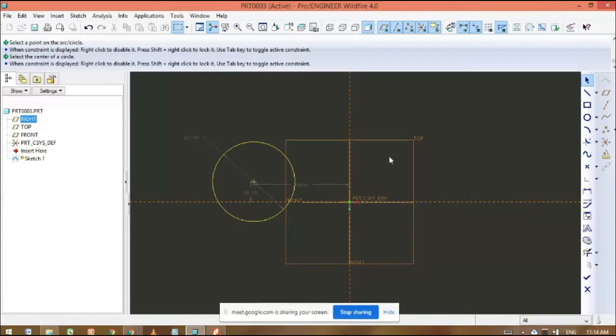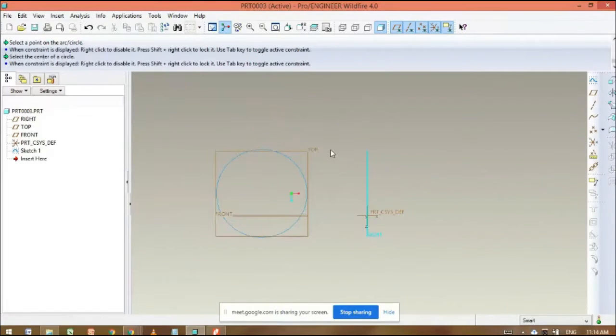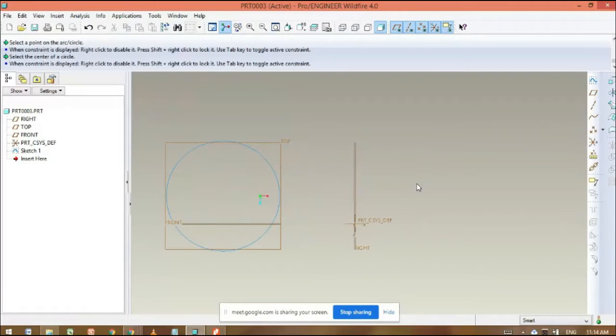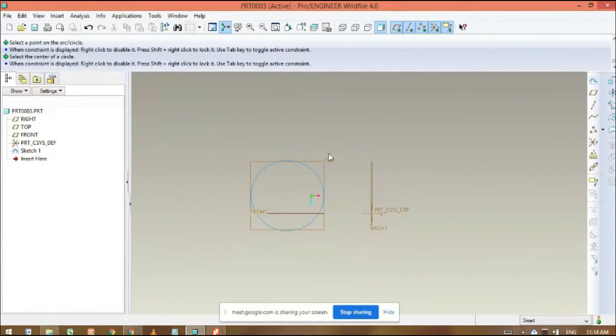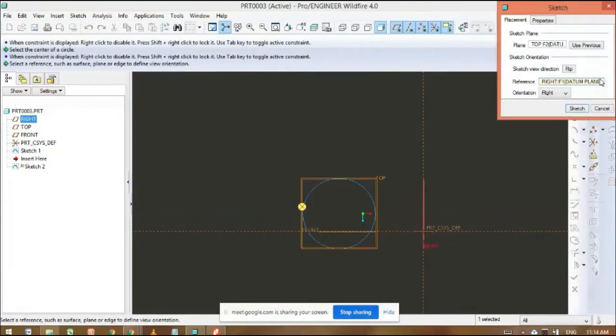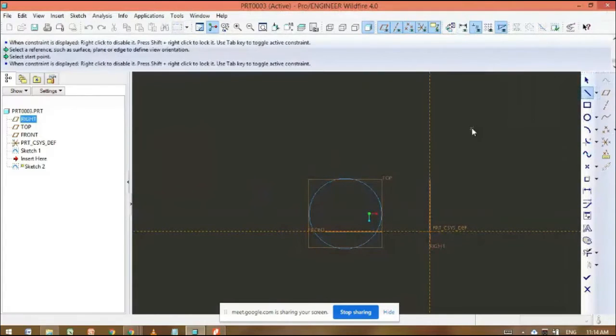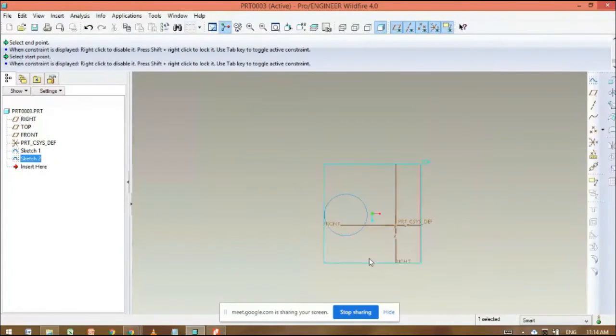So first draw the sketch, then exit from the sketch, then select the plane, click on the sketch. See, I completed one sketch, meaning I completed this circle, and exit from the sketching mode and enter into the 3D model. Then I'm going to select this plane again, then click on the sketch. Then draw this line, then click on done.